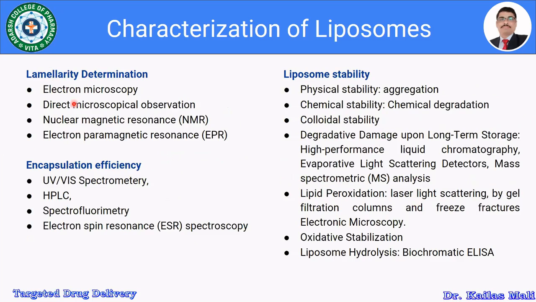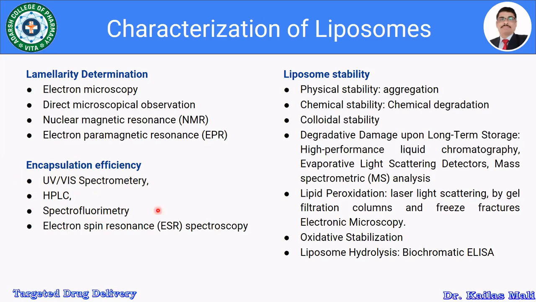Then the lamellarity of the liposomes can be determined by using electron microscopy, direct microscopic observation, nuclear magnetic resonance, and electron paramagnetic resonance. Then the encapsulation efficiency of the product can be determined by using a UV visible spectrophotometer